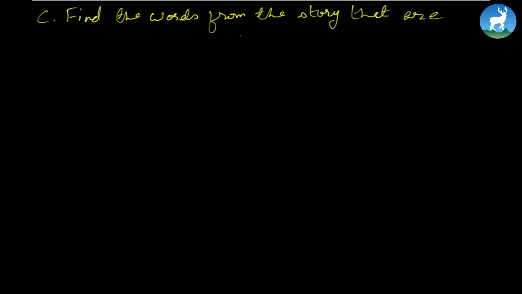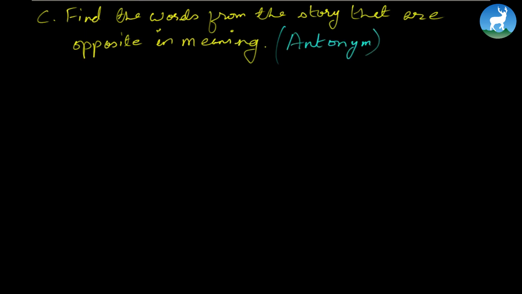Number 3. Find the words from the story that are opposite in meaning. Alright, so find the words from the story that are opposite in meaning. Now the words are given here, and of course the opposite words, when you write something just the opposite, you call it antonym in English. Antonym means just the opposite. For instance, if it's happy, its antonym, its opposite word is going to be sad, isn't it? So antonym,